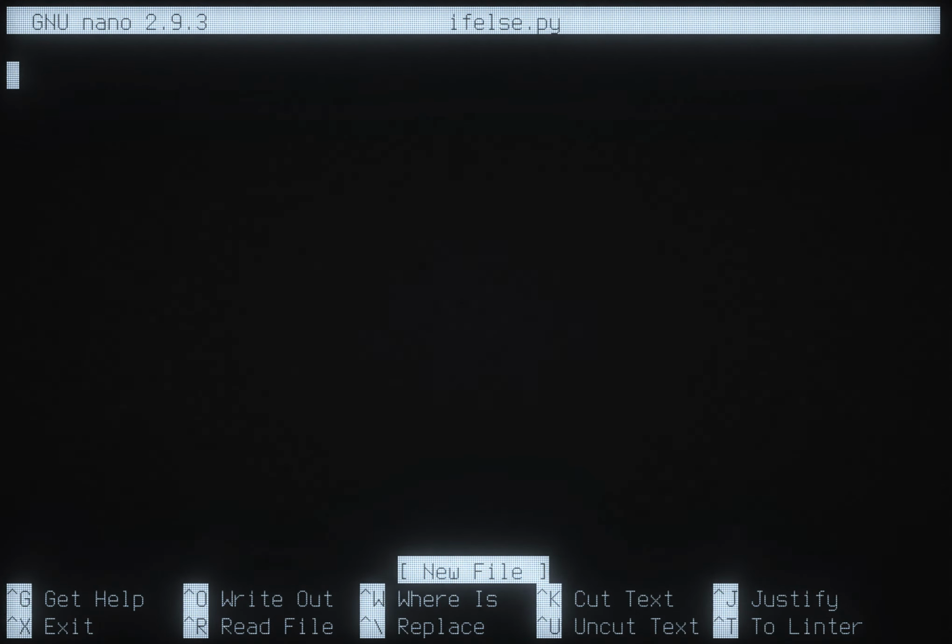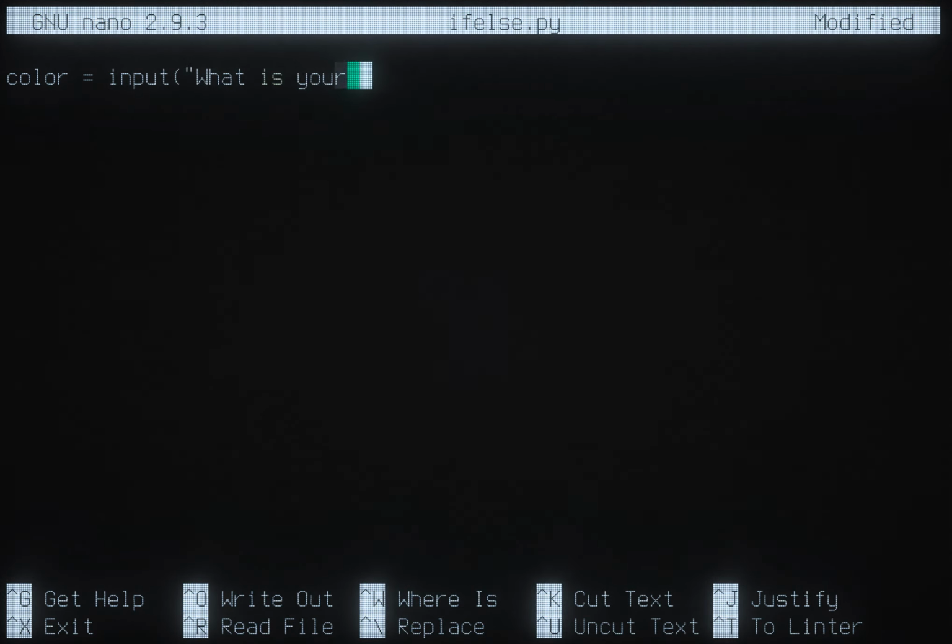So again, we don't need to import anything for this. This is just straight Python. And let's think of an example program that asks your favorite color. So we'll say color equals input, "What is your favorite color?" And as we've seen before, we can just print the color. But what I really want to do is give a different message based on what color it is. And if I don't recognize the color, because I'm only going to have a few cases, it'll just give like